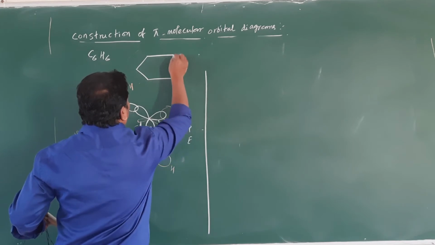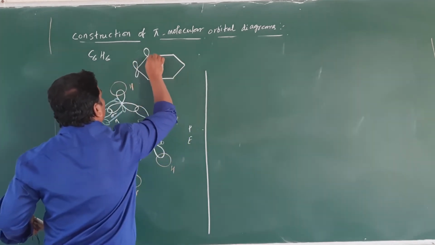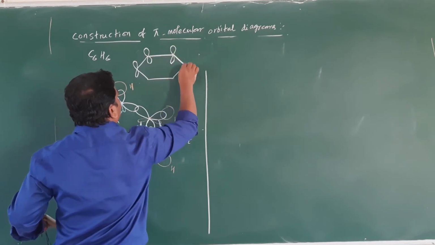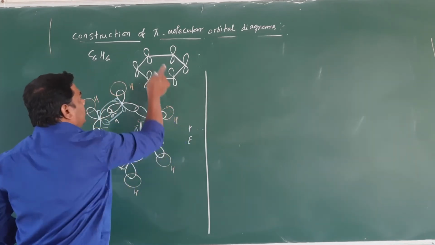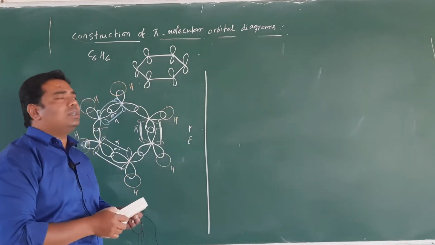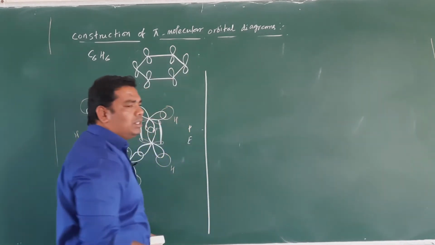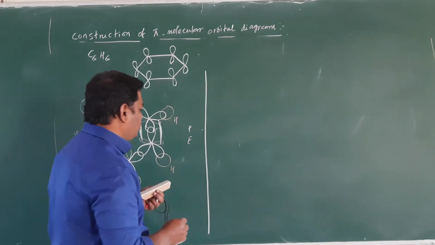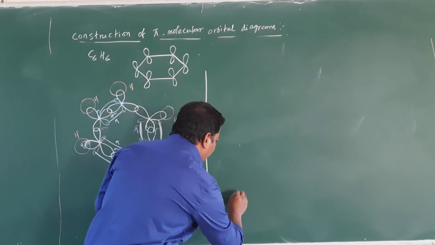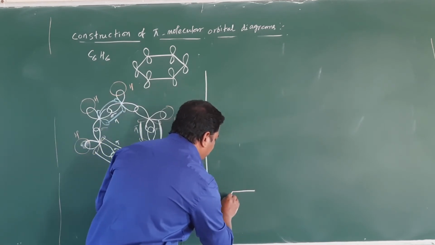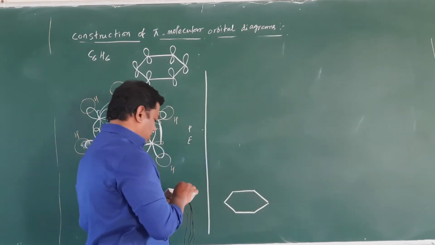So we know very well here this is the orbital 1, 2, 3, 4, 5, 6. So we have 6 pz orbitals. These 6 pz orbitals will give 6 pi molecular orbital diagrams. Okay, right. So I will write the first energy level diagram, student. Here this is the first pz level.